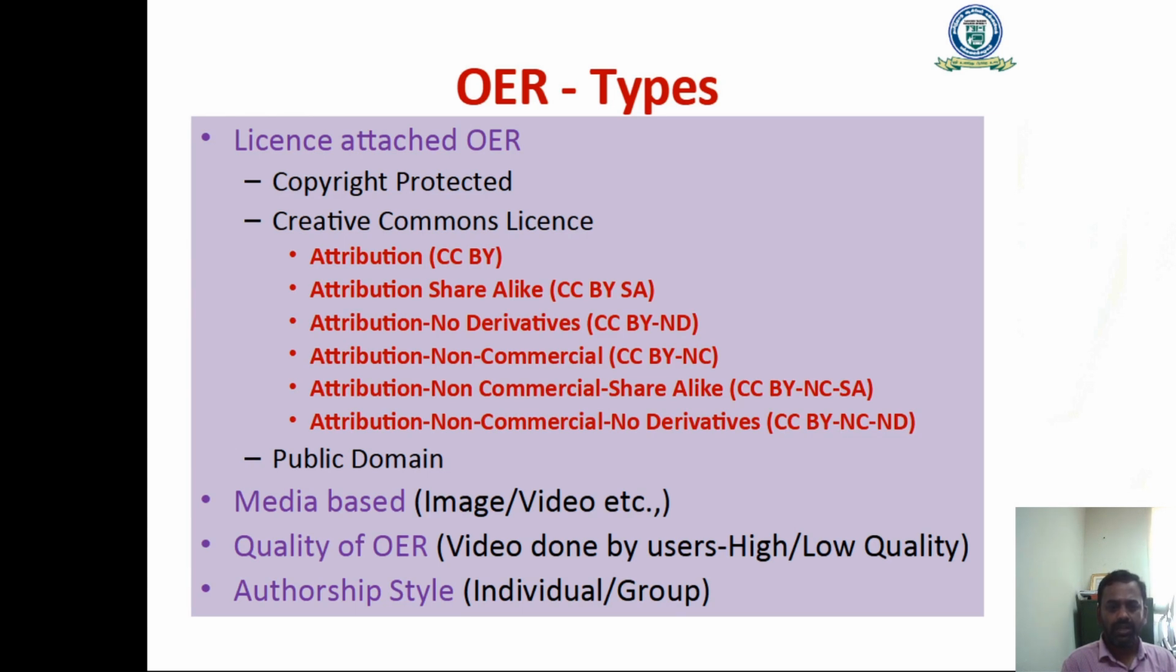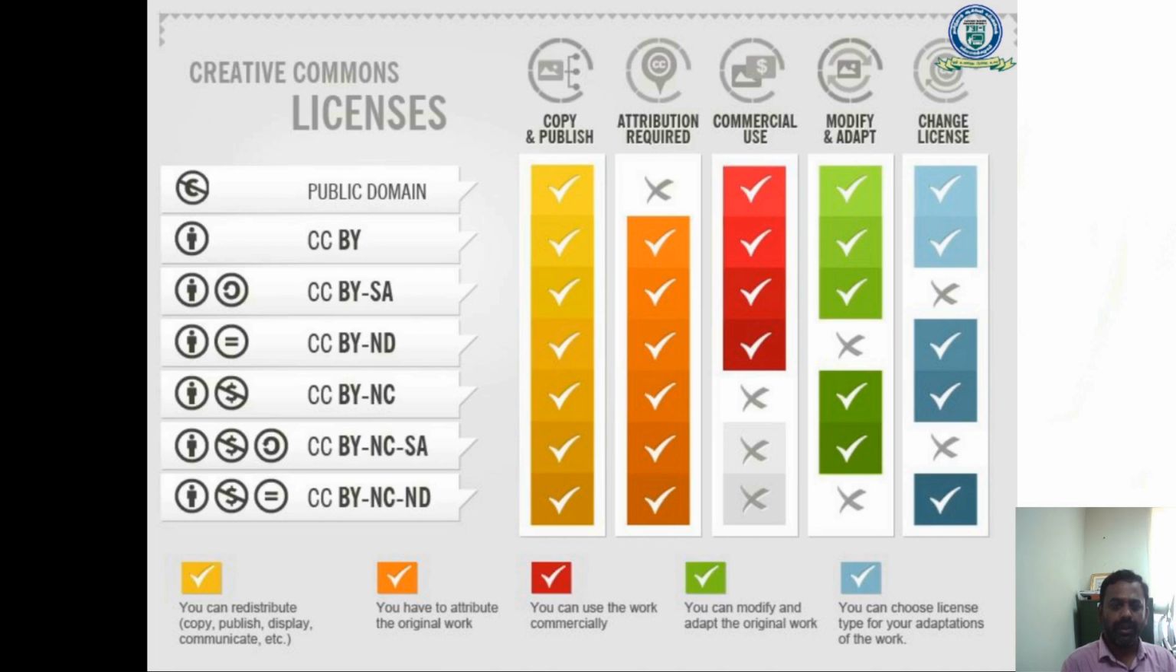Then attribution non-commercial is denoted as CC BY NC. Attribution non-commercial share alike is denoted as CC BY NC SA. Attribution non-commercial non-derivative is CC BY NC ND. The last license attached OER is the public domain. The picture represents how and what the limitations are in using this Creative Commons license. The first one is the copyright, C crossed copyright,